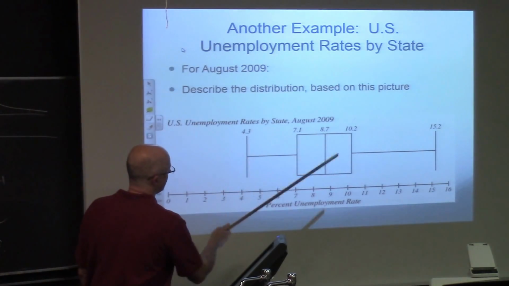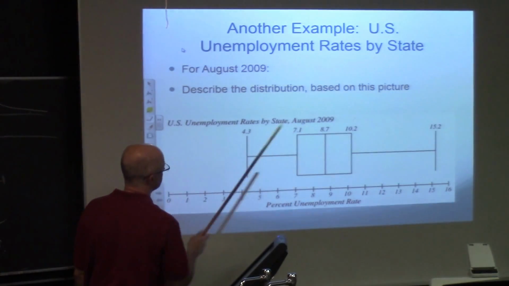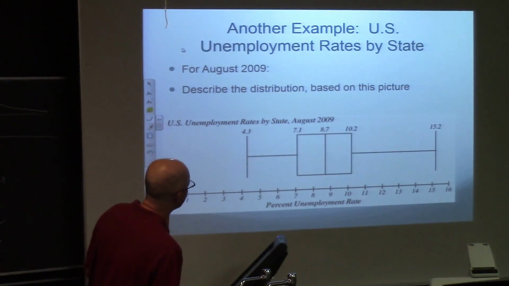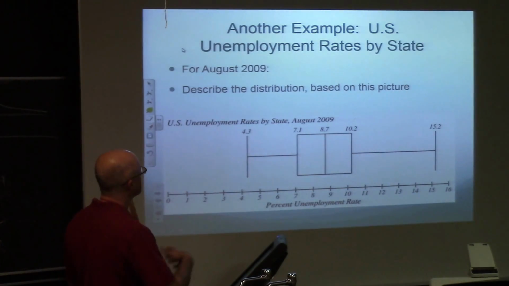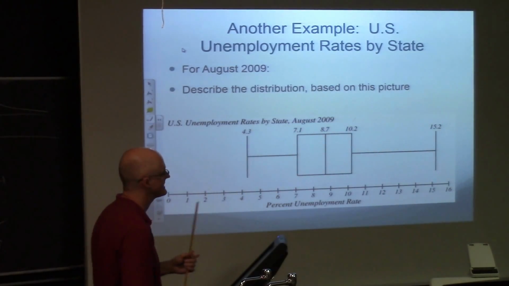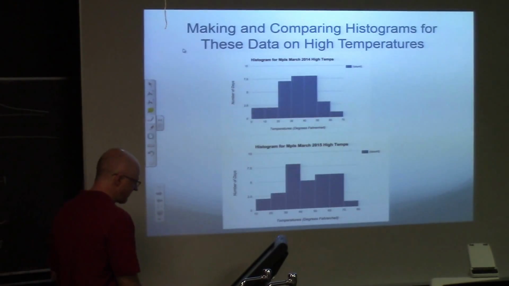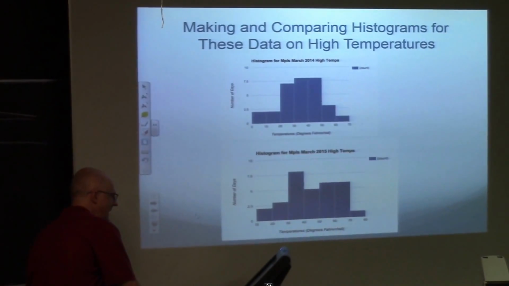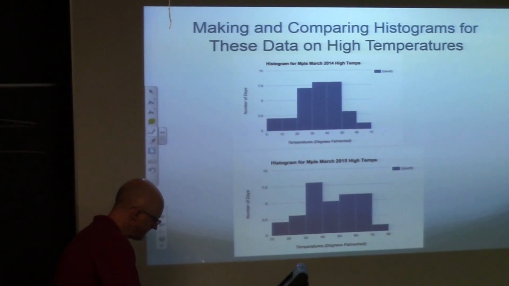What do you see? You see a slight right skew because the maximum is further from the median than the minimum is. In the center, with the first and third quartiles, there's not much skew. Yeah, that's pretty symmetric in the middle. Overall, it's pretty high, though. These are pretty high unemployment rates. The median is 8.7%. That's a pretty high unemployment rate. Let's look at the raw data for this now. And I want to show you how to make the next thing that we see here called a histogram with these raw data.